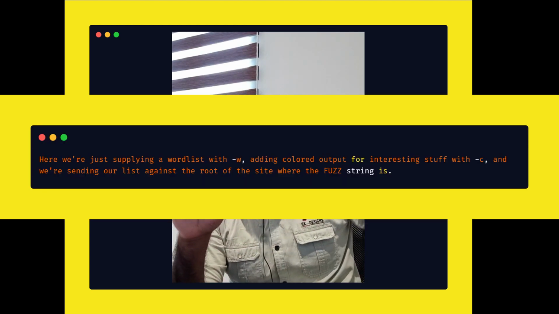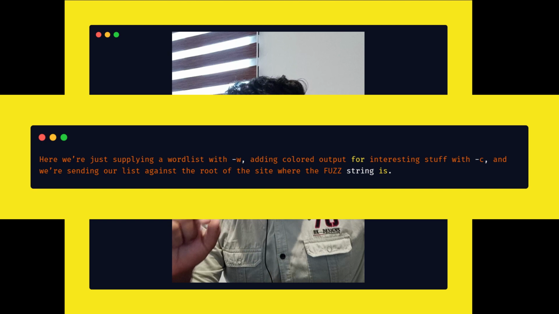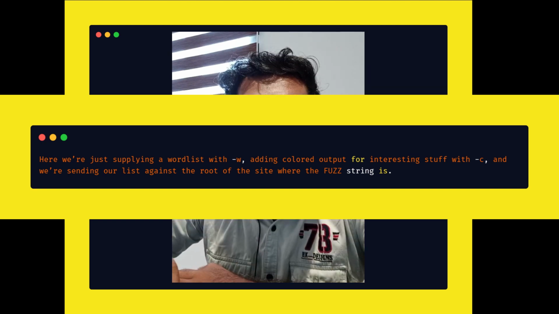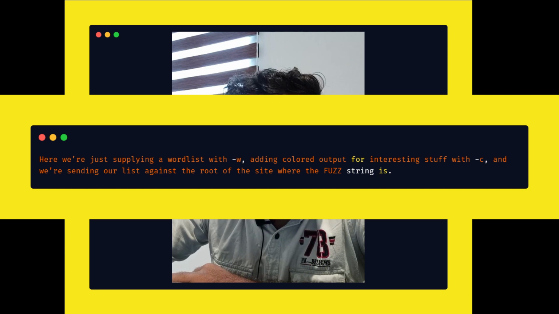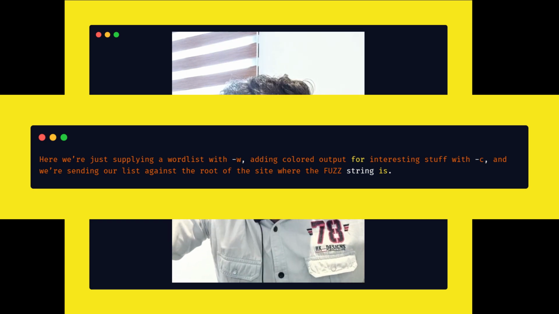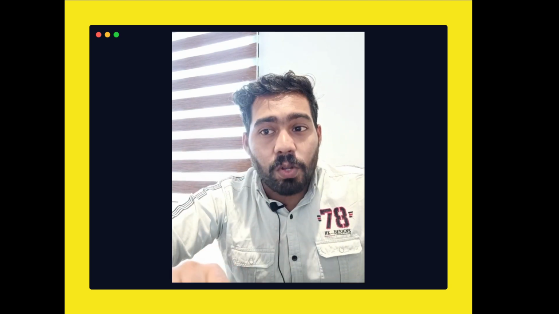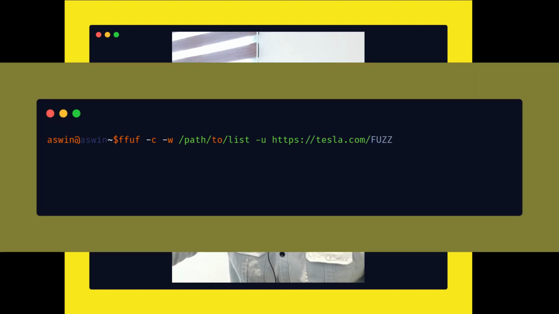Then you can choose the -c flag to give colored output. FUZZ is a string used to identify where we want to send our word list in the website or web application for testing. After we add that FUZZ string, the parameters or word list we added go into that area. So I have some examples for testing this web application attack.